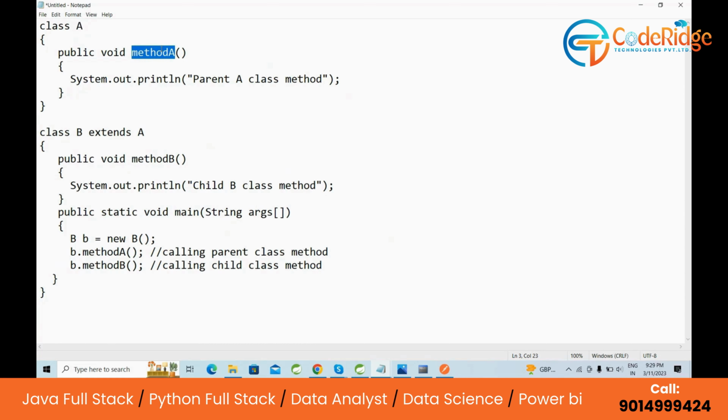Here one method A is there. This method A is inherited into class B. Can you tell me what methods are there in class B? Method A is there as well as method B. Now I want a public static void main. Here I want to create one object for class B: B b = new B(); b.methodA();